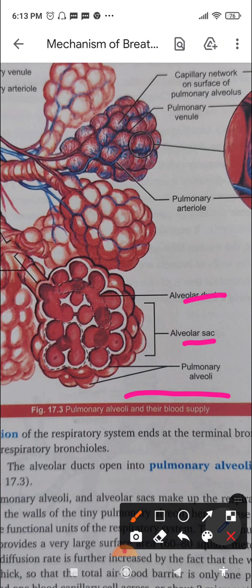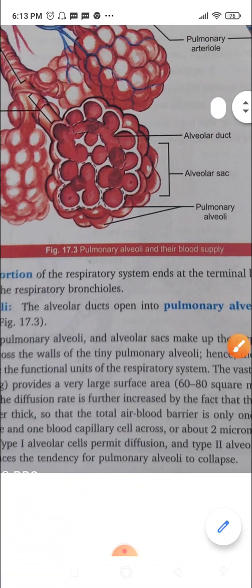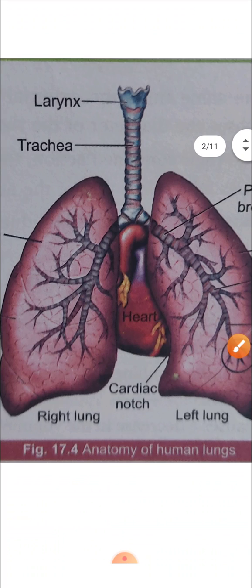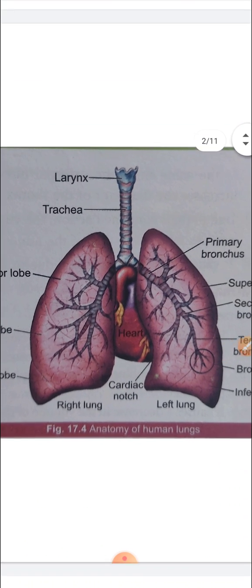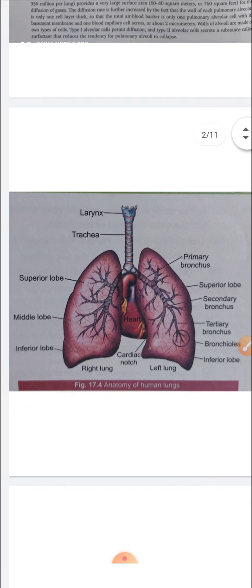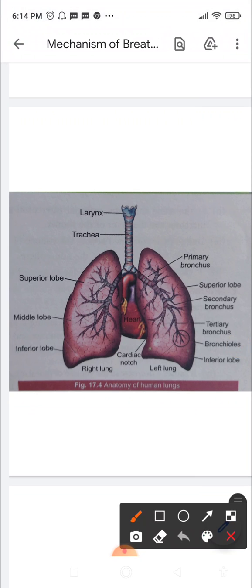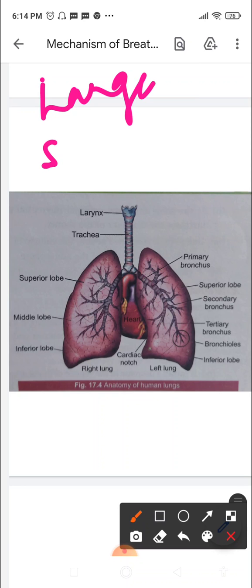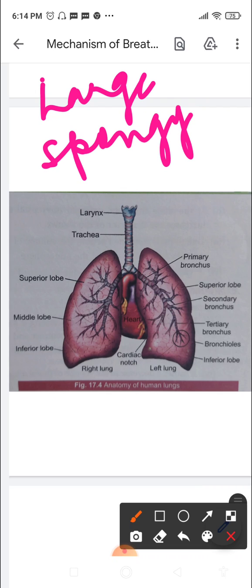That is the structure of the alveoli, and we will also quickly do the structure of the lungs, right? So we will just quickly go through this also. So that is the human lungs. They are large. Second, they are spongy. So they are large and spongy, and they are paired also. You can see there is a left and a right lung, so they are paired organs within the